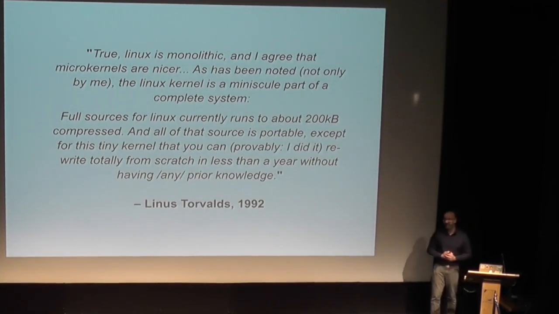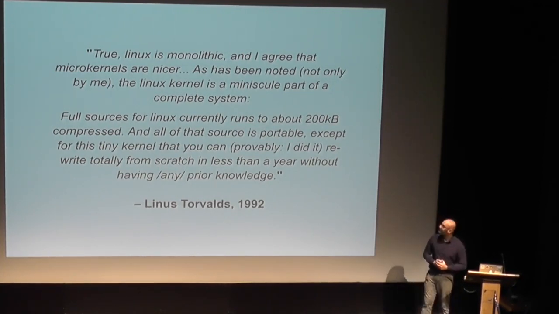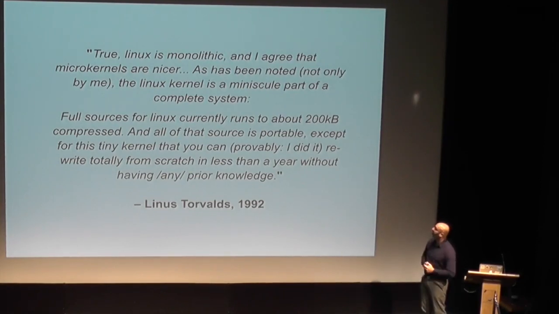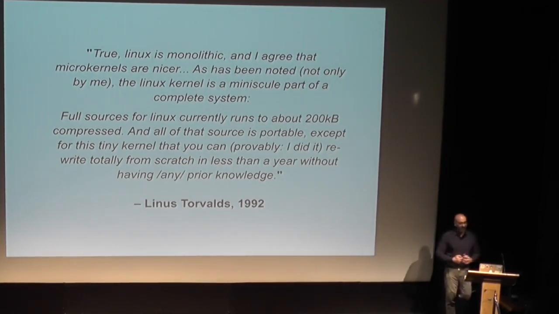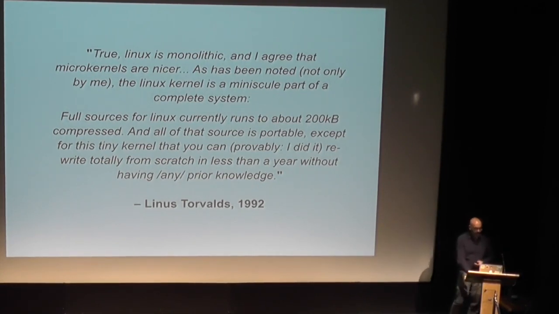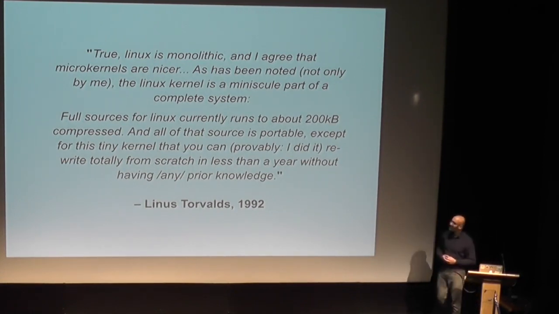So take Linus Torvalds, the author of Linux. Linux is a monolithic operating system. There was a battle between the different architectures that we were going to use for operating systems. And Linux was a monolithic kernel. We have a microkernel in the form of various research operating systems in the past, Minix, for example. And it's only about 200 kilobytes. So that's pretty much portable. It's a tiny kernel. It's about how big you can get, and I can rewrite it from scratch.